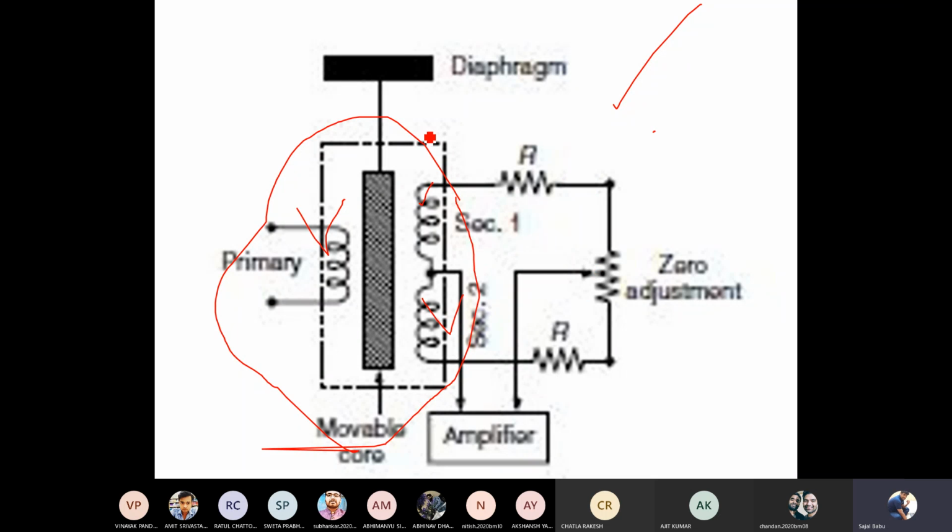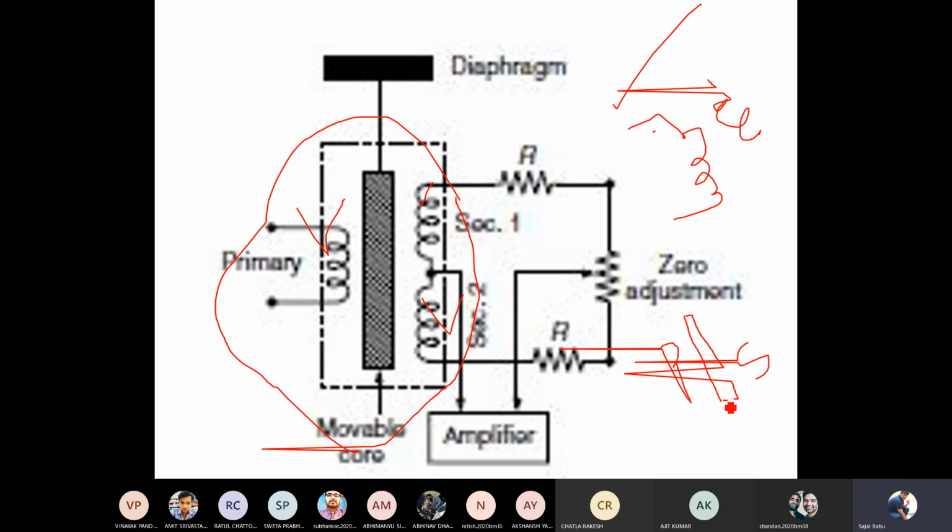To understand this you have to understand how the transformer works. I am trying to draw here. This is my primary winding. Normally the transformer has primary and secondary windings, right? Whenever you have two different windings and you place a magnetic material in between them, that means you take the primary and secondary winding and place a magnetic material between them,